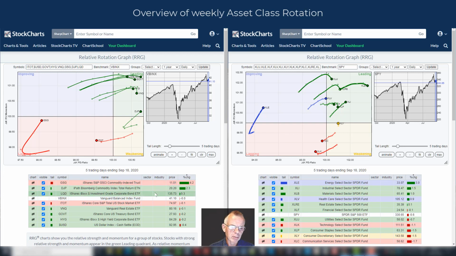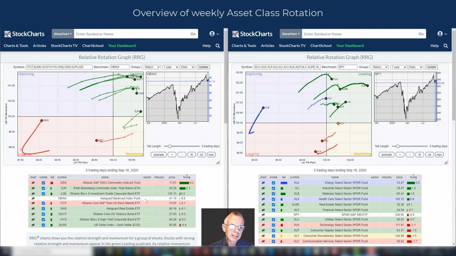What's also interesting to know is that VBINX is 60% stocks and 40% bonds. We have ITOT, which is the stock market, down 10 basis points, and we have government bonds, GOVT, which is the US Treasury bonds aggregate, I should say, down 20 basis points. Together, that would imply a negative return for VBINX, were it not that included in the 40% bonds is also corporate bonds. And that's what's keeping VBINX unchanged or only slightly lower, while stocks and government bonds are both lower. So just so you know, the bond section in VBINX also includes non-government bonds, and that's the reason why